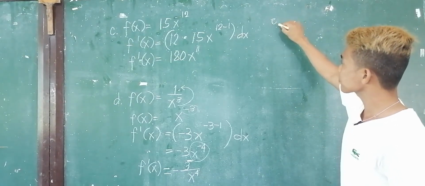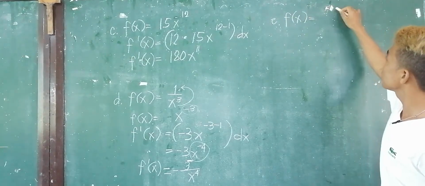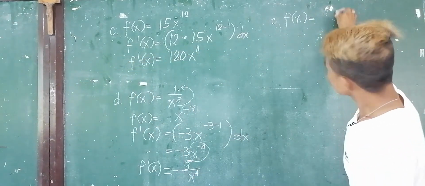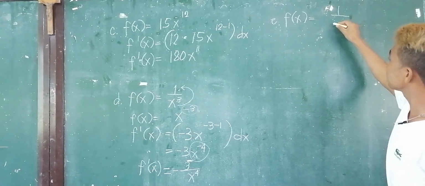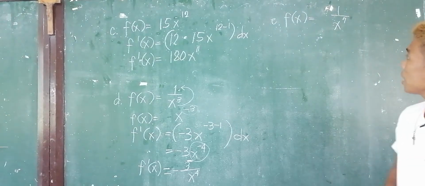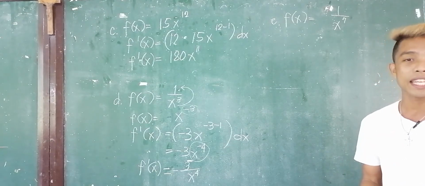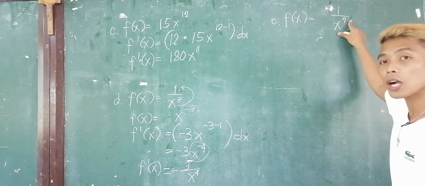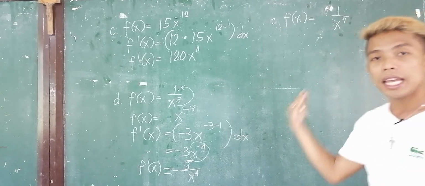So, letter E, f of x is equal to 5, or wag na natin gawing 5 kasi may hirapan pa kayo. Simplihan lang natin. 1 lang ulit. 1 over x raised to 7. Yan. 1 over x raised to 7. Yan yung binigay sa atin na function. Now, we are ready to find its derivative if magawa na natin ito katulad ng nasa formula. Ano nga ulit yung formula? F of x equals